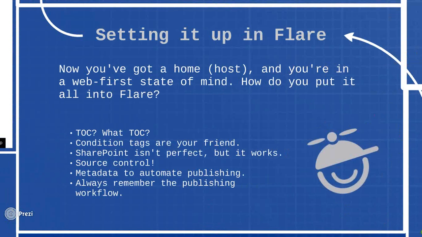To make up for that and to keep things organized in Flare, we use condition tags out the wazoo. We have basically a condition tag for all articles, meaning it goes both to our website and our internal support solutions. Our support solutions are what we use to send email to end users and partners that have questions when they write into our support team. We have internal only, which just goes to our support solutions, and we have external only, which just goes to our website. So we use those condition tags to help organize our targets so we know where the content is going.